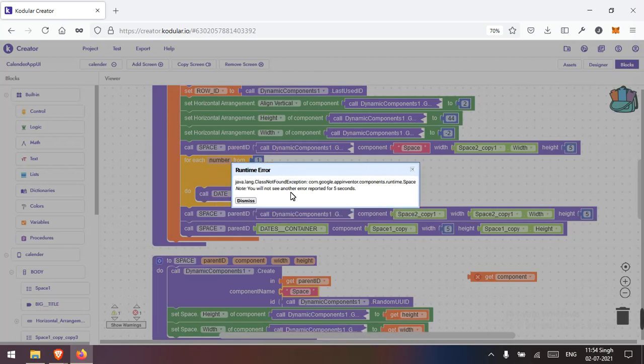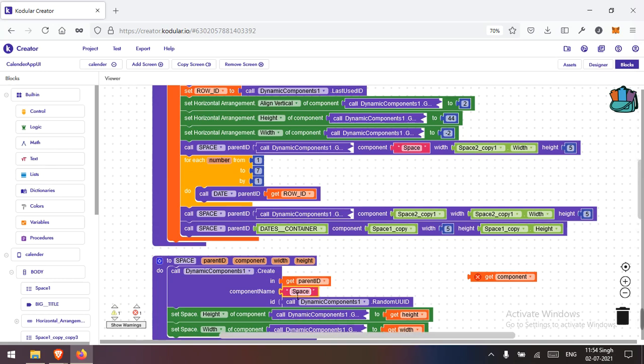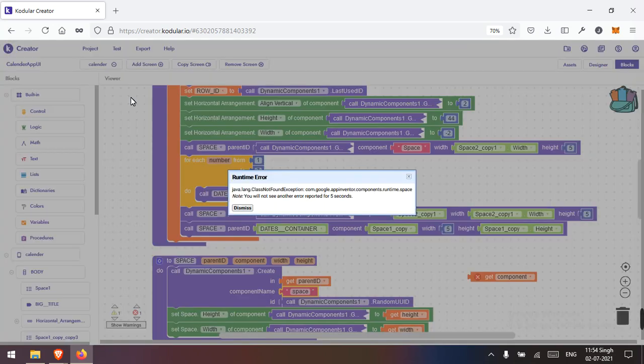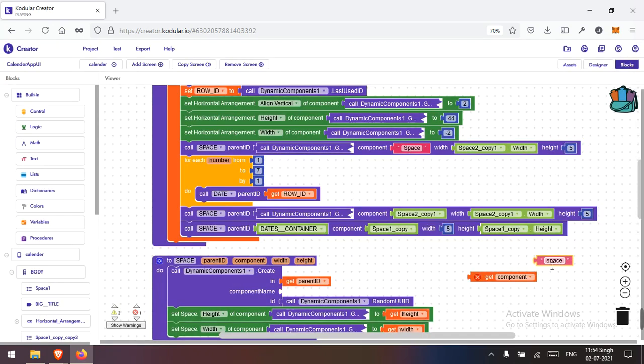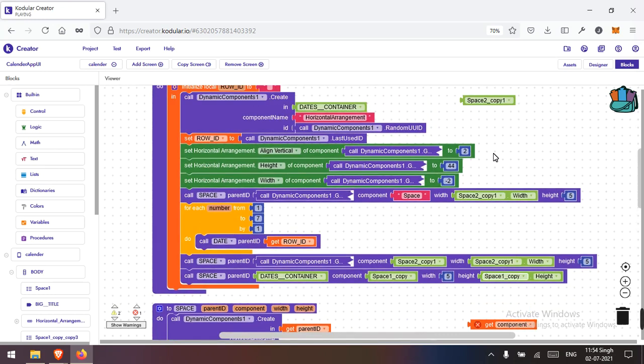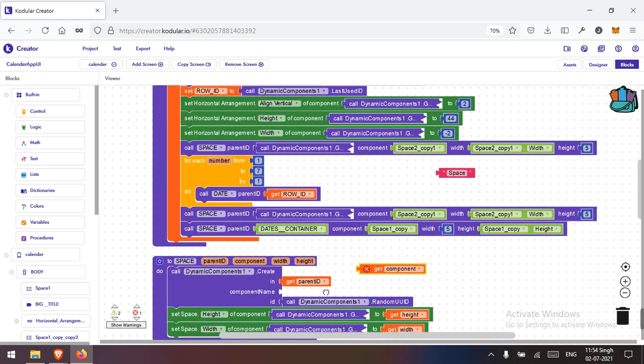Class not found exception from google runtime. Let's try space this way. I don't know why this space thing doesn't work,